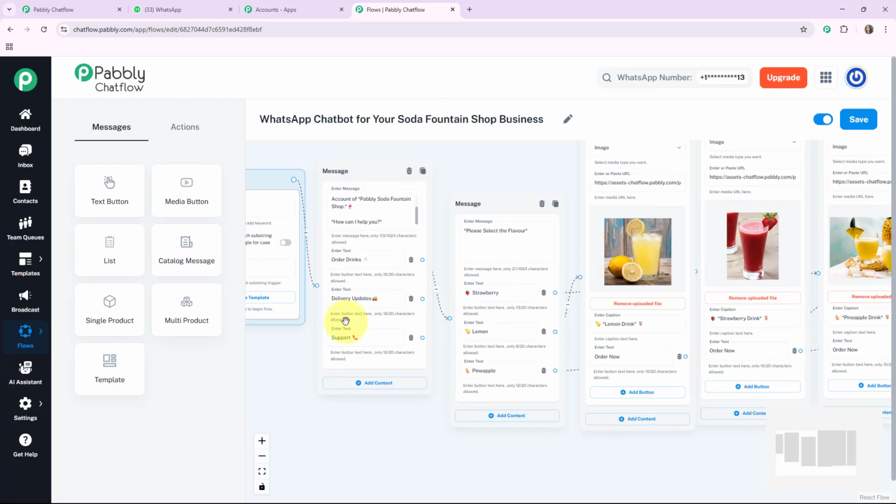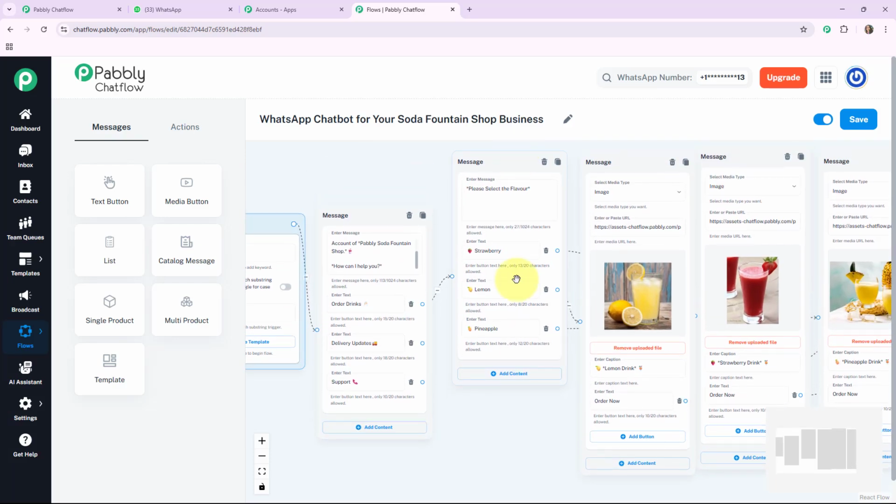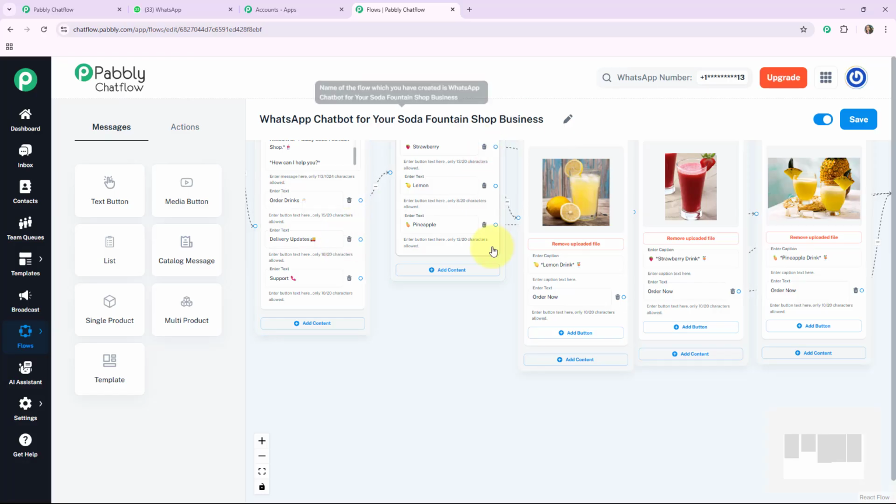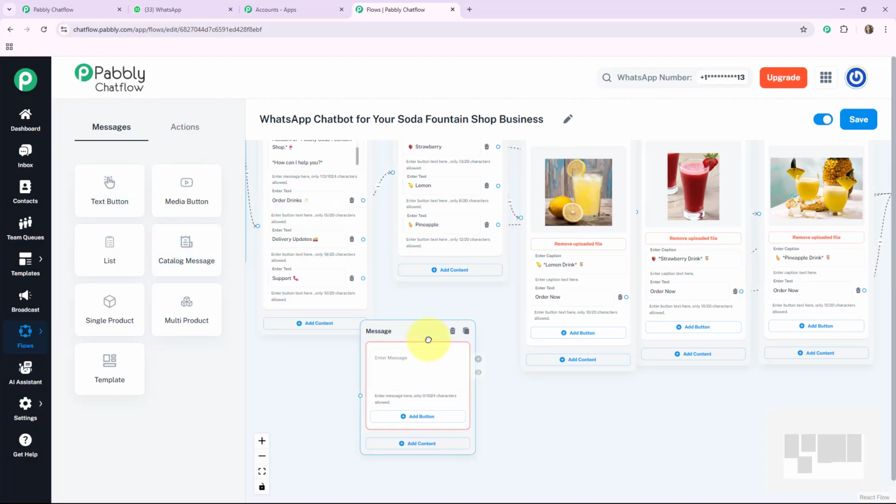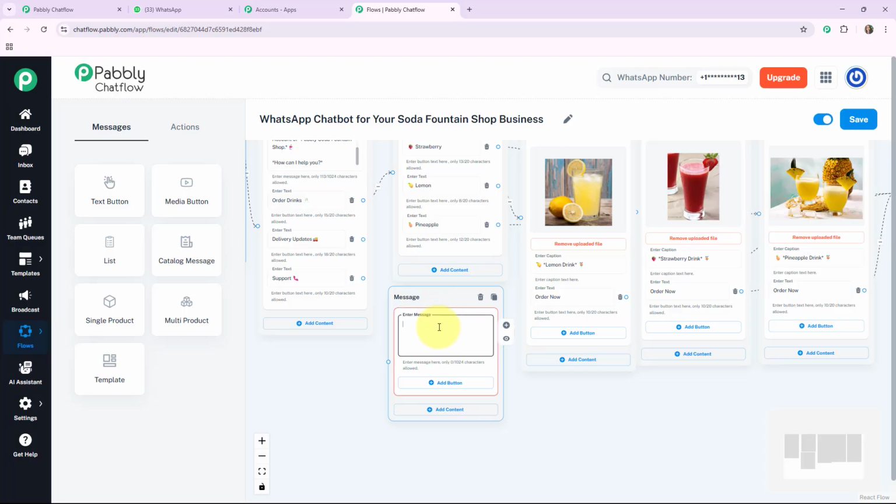Now the second option is delivery updates. If my customer wants to know about the delivery updates in my soda fountain shop, then they will click on this button. So my bot will respond to them. For this, here I am adding one another text button. Drag this message box here and enter the delivery details of my soda fountain shop. Here I write all the delivery timelines. After that, I'll connect the circle which is present in front of delivery update to the message I wrote for